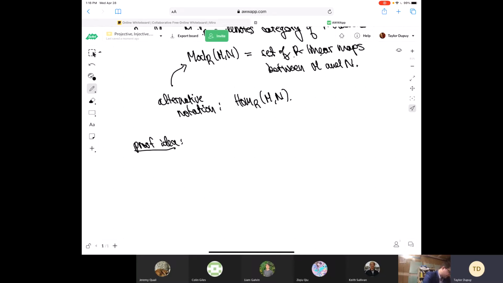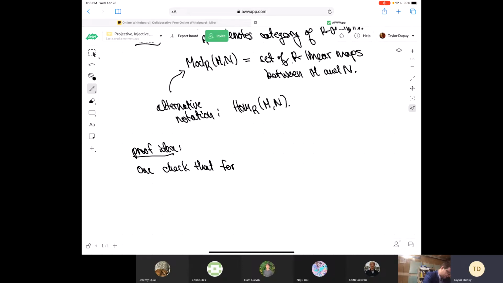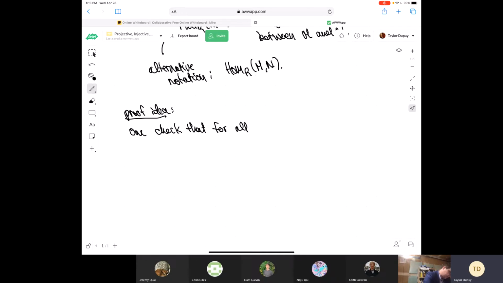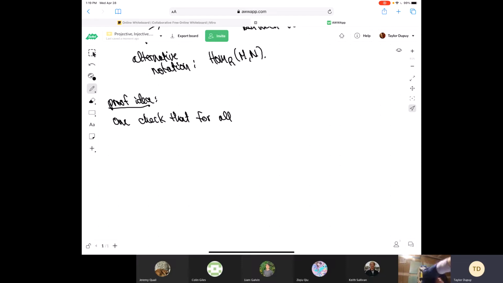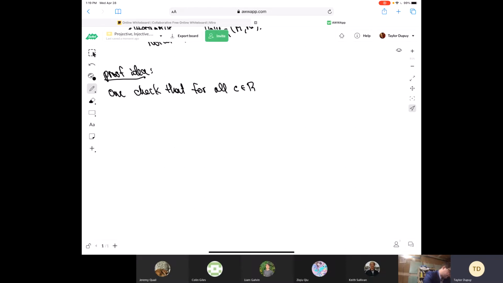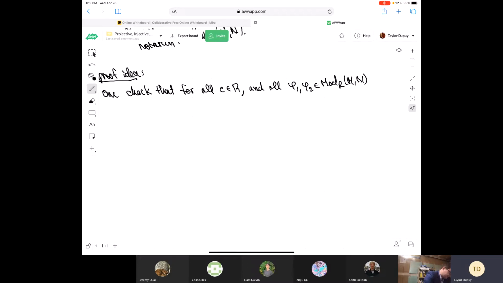So one checks that for all c in R, and all phi1 and phi2, which are morphisms of R modules, that this map